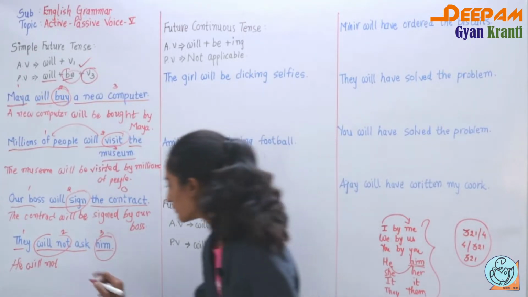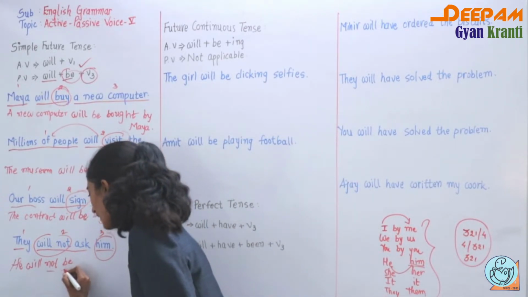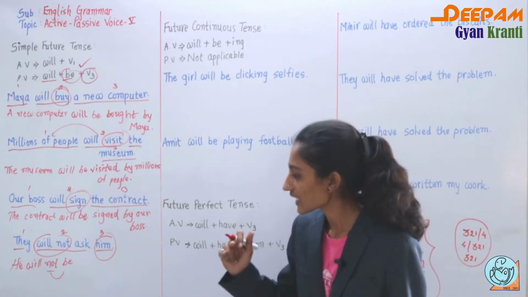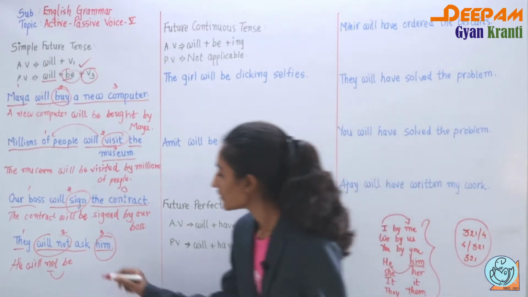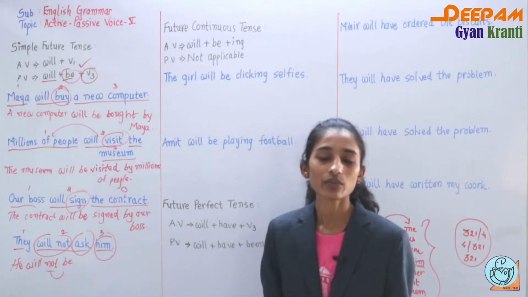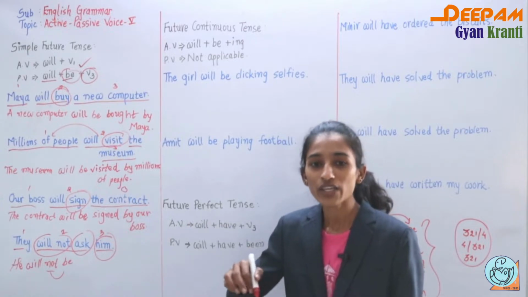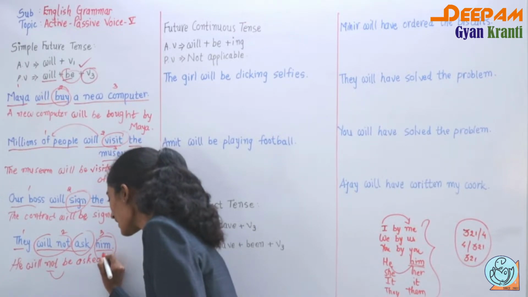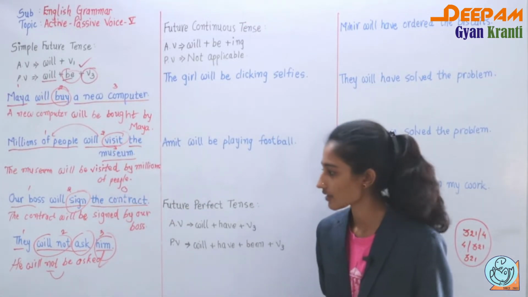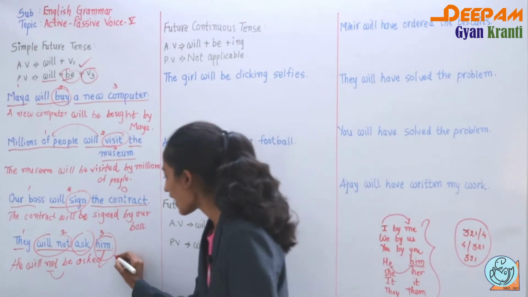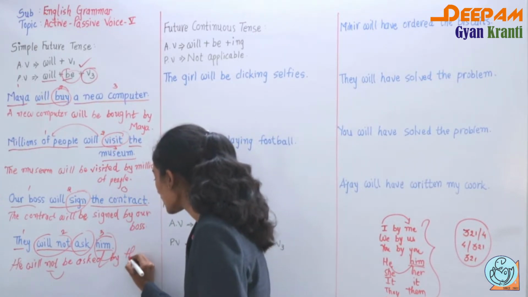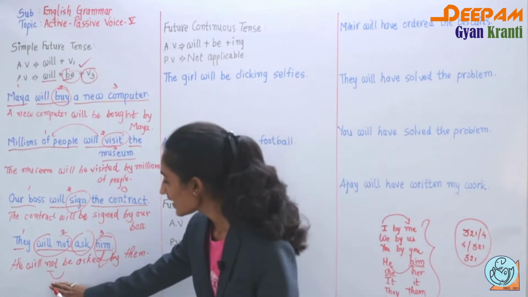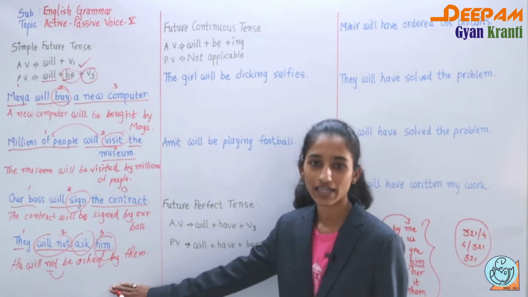Then what do we have to add? Be. Remember one thing, you have to add be after not. Will not be. Right. So what is the answer? He will not be. Then ask is the main form. We want V3, meaning past participle. So what is the past participle of ask? The past participle of ask is asked. So he will not be asked by, and the subject is they. So what is the answer? By them. So the correct answer is he will not be asked by them.